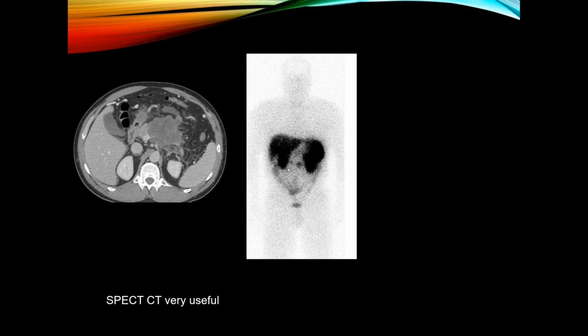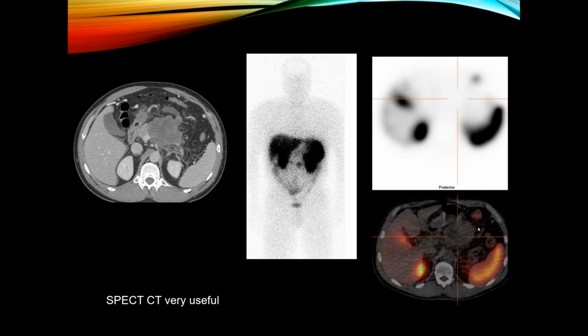Now, SPECT CT is very useful. Here's an example of that pancreatic mass that we saw on CT. They wanted to do an Octreotide study. We do an Octreotide study. Maybe this is the lesion here on the planar images, but I want to be sure. So I'm going to do SPECT CT imaging. And I do SPECT CT imaging, and here's the pancreatic mass, and that does not take up Octreotide. So that's very important. What was taking up the Octreotide was actually bowel. So nowadays, pretty much everyone does SPECT CT imaging just because it improves your accuracy for detecting